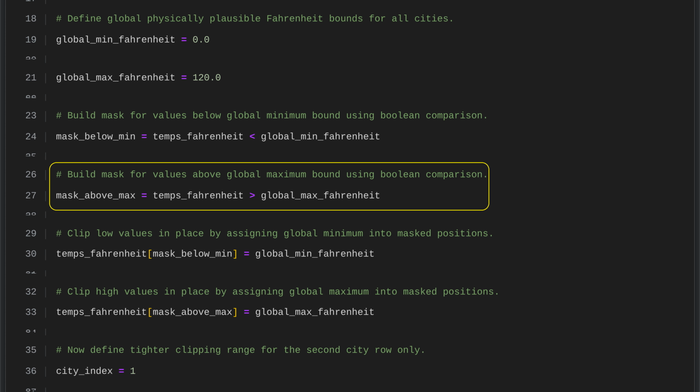We create a boolean mask to find temperature values that exceed a global maximum threshold. This is done by comparing each temperature in the array to the maximum value. The comparison produces a new array of true or false values, where true marks temperatures that are too high. We then use this mask to selectively modify only those high temperatures so they can be clipped down to the